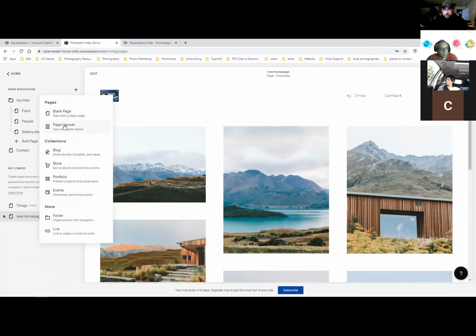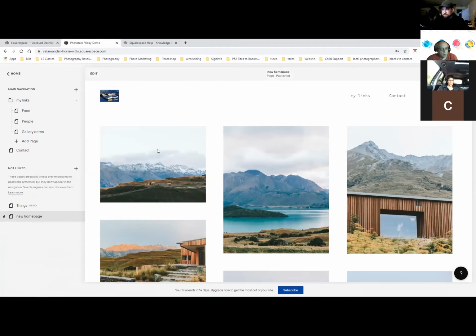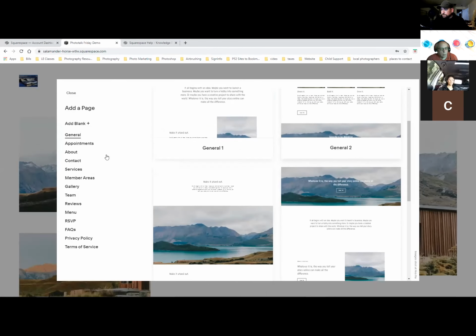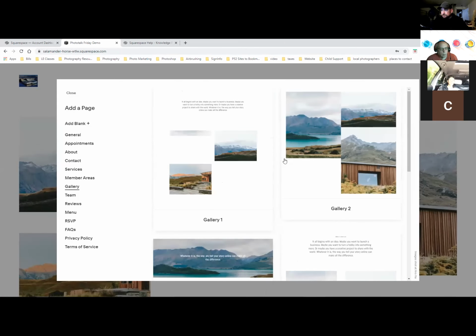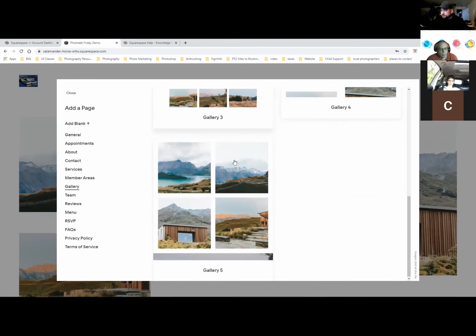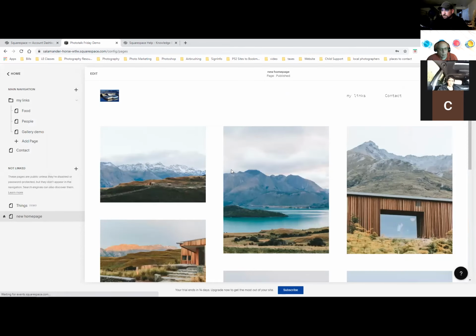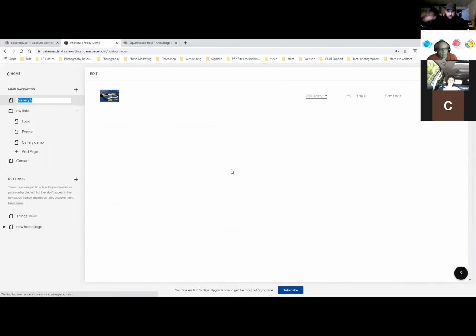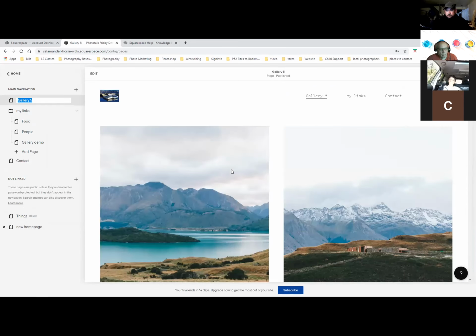You're going to do a page layout. You choose that you want to do a gallery, and then you choose the gallery layout you want. And then once you choose the gallery layout, you give it a name,